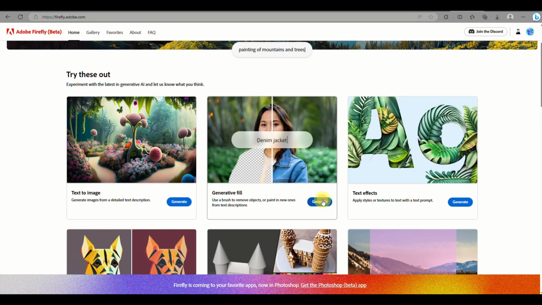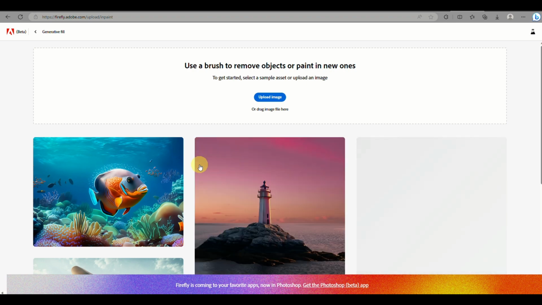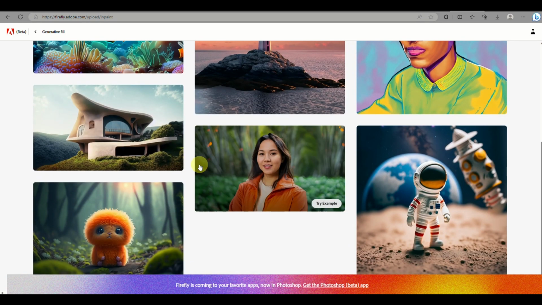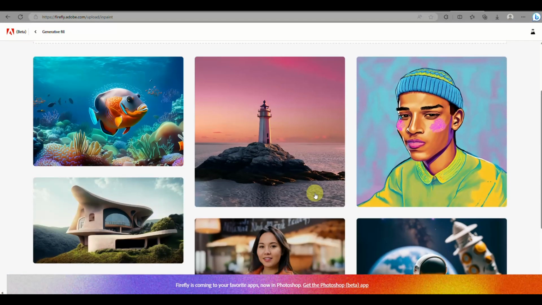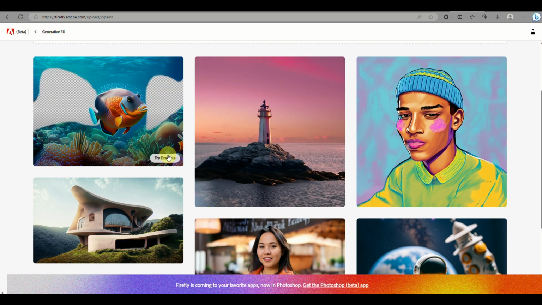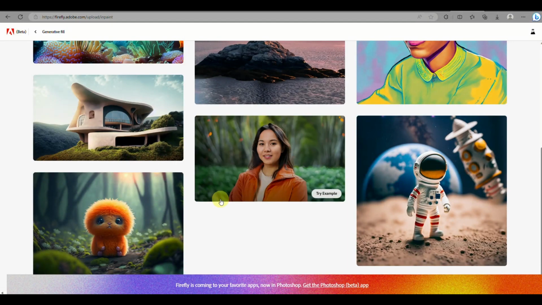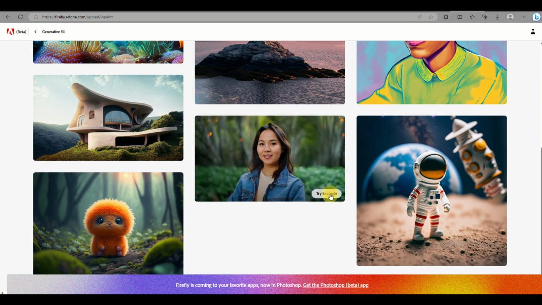So the next thing that we'll do here is generative fill. This is a feature where you can change a part of the image using AI. You can use an image that you have, or you can use the sample image provided by Adobe Firefly so that you can try it out. So you can click on try